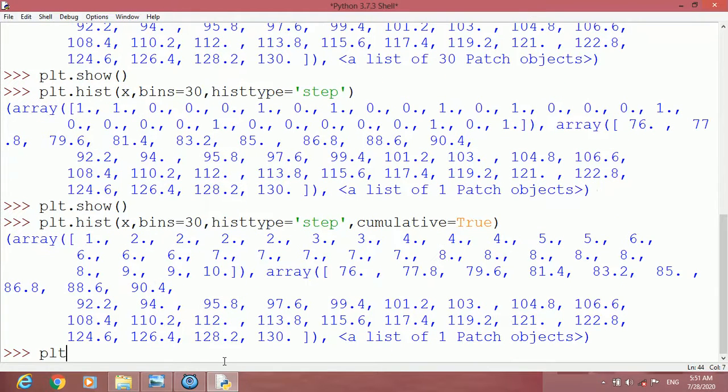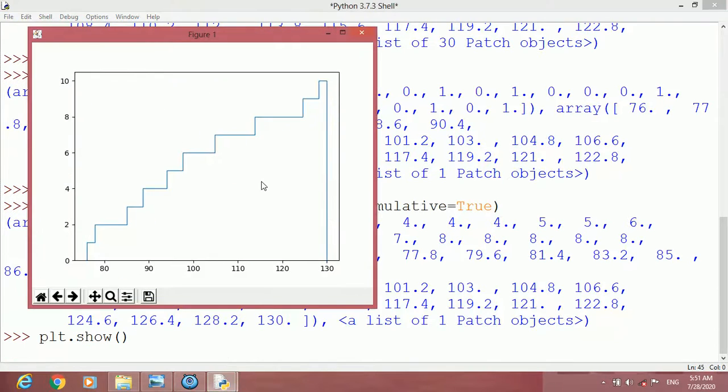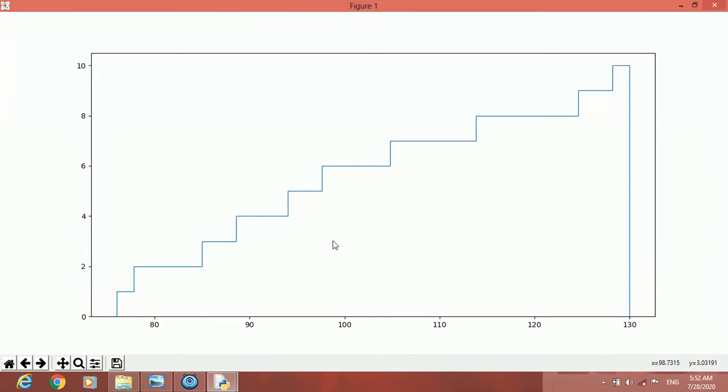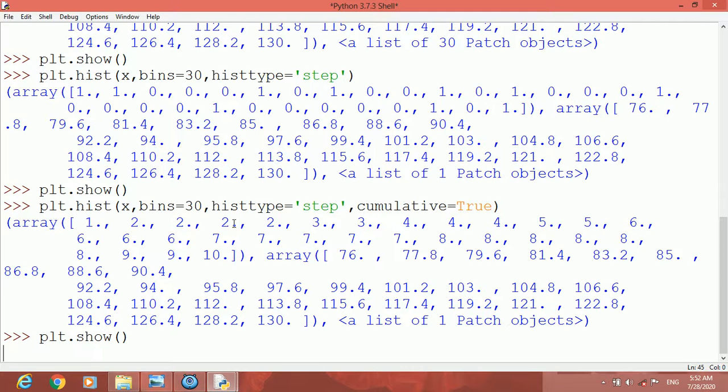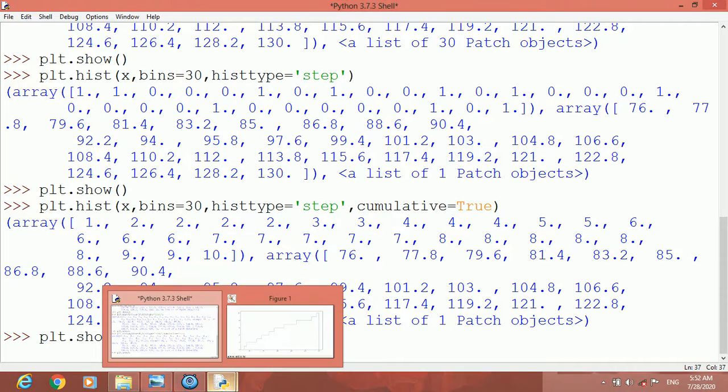Now plt.show. Now you can see the outline. So this is the histogram with the data points as displayed here, 30 bins, and only the outline has been displayed because we have written the argument step. So the step argument shows only the outline of the histogram.